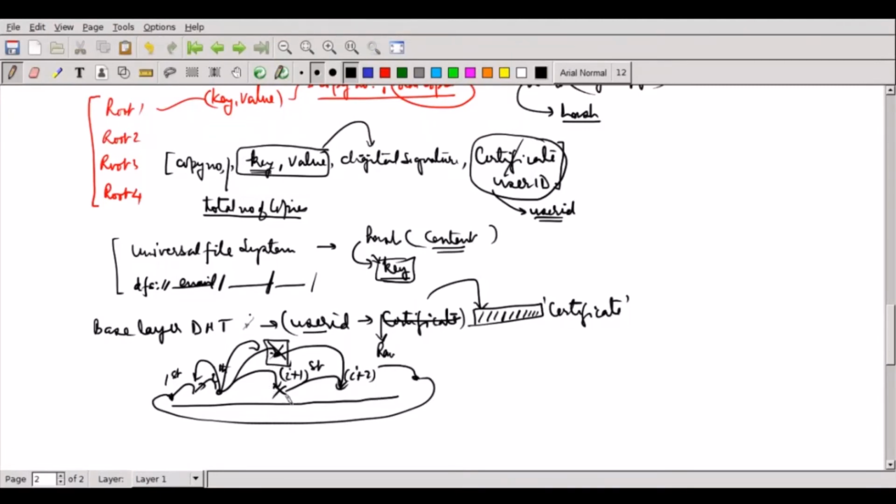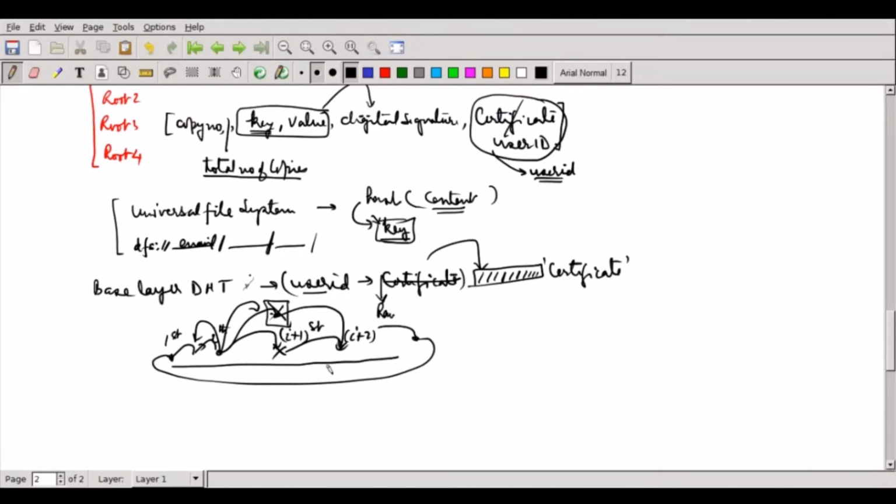Normally a good idea when making a query here is to query at least 2 or 3 nodes, and then use majority logic to get the key value pair, depending on the value of the particular data you are looking for. Now, so far key value pairs were not having expiry.